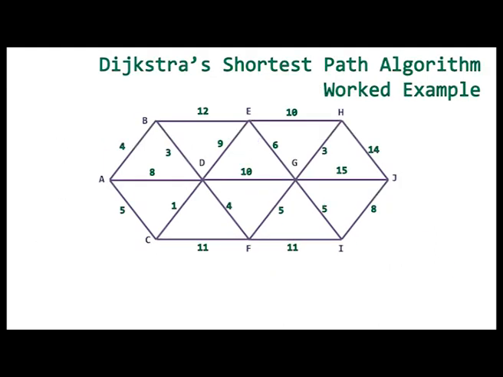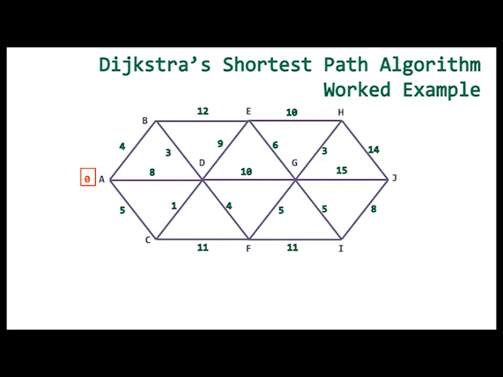I'm now going to run through a worked example of how we would calculate Dijkstra's shortest path. In this example, we want to get from A to J. So the first thing we need to do is put a 0 next to the A, because from A to A, it costs us nothing. Then we put a box around it to say that it is held. We have finished with that. It will all come clear later on.